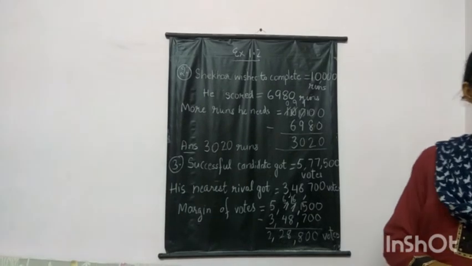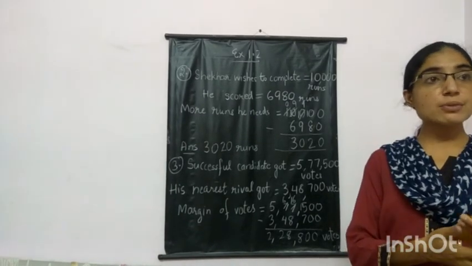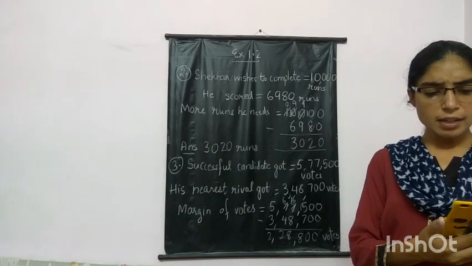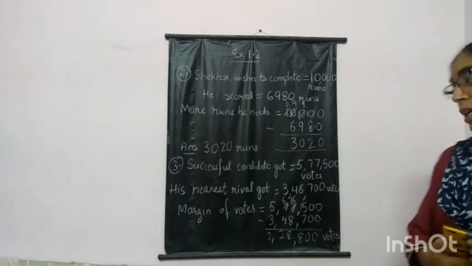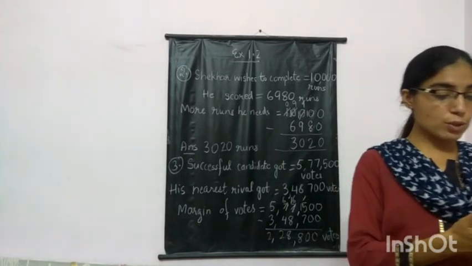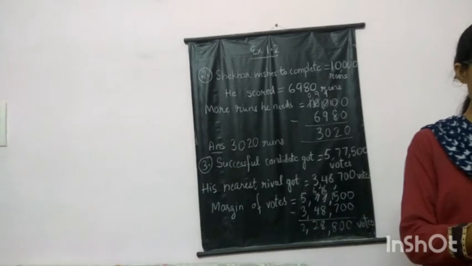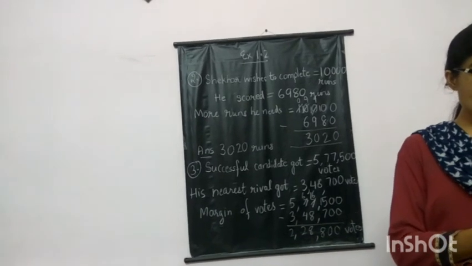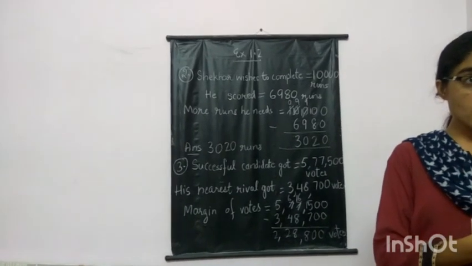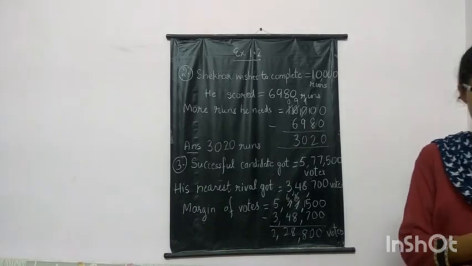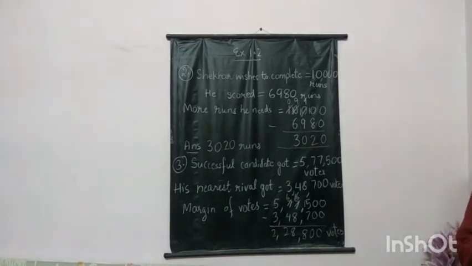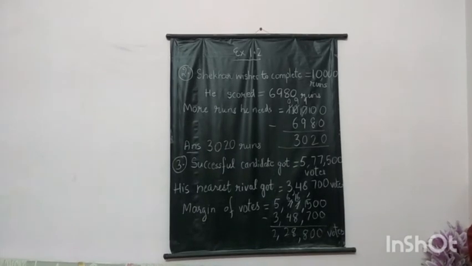Now question number 4, you have to try yourself. First, second, third question I have explained you. Question number 4 also understand how to do. You have to try yourself. Kirti bookstore sold books worth rupees 2,85,891 in first week of June and books worth rupees 4,768 in second week of month.